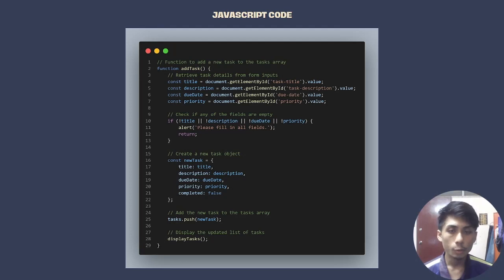Next, our program has a function named addTask, which adds a new task to the task array. Then we use title equal to document.getElementById taskTitle.value, and description equal to document.getElementById for the task description. Then we use dueDate, document.getElementById, to get the due date value, and priority, document.getElementById priority.value. All of this is to retrieve the task details